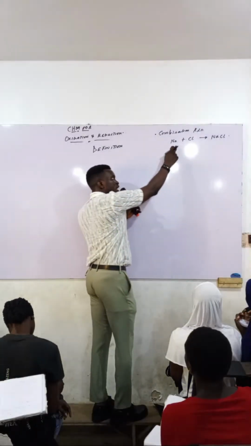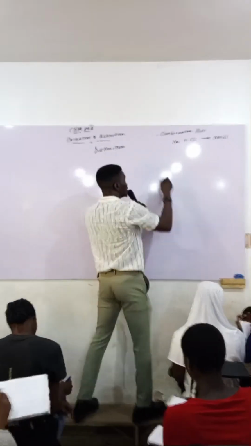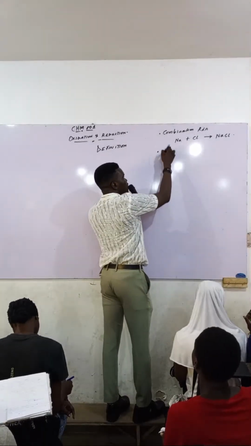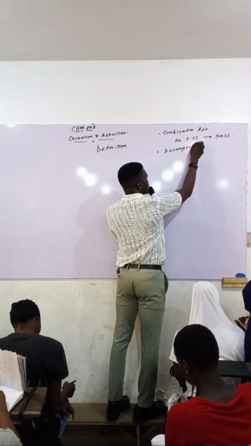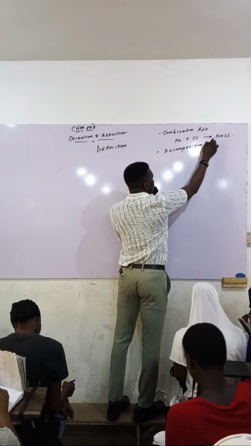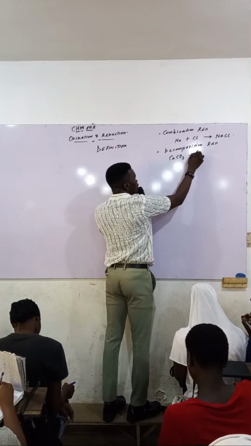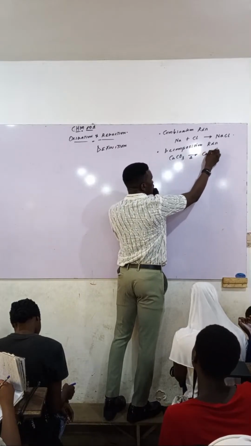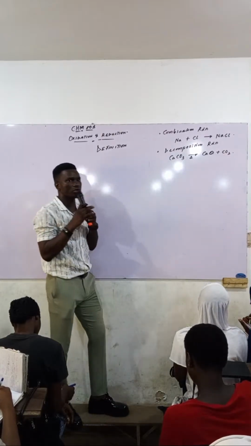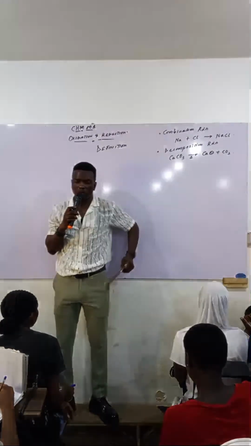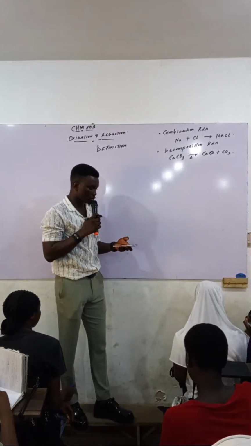And this combination reaction is also a redox reaction. We are going to see later. We also have what we call decomposition reaction. In decomposition reaction, you have, let's say, CaCO3 on heating. This will give you CaO plus CO2. So at the end of the day, you have decomposed that compound and you have what you are supposed to have. So such reaction